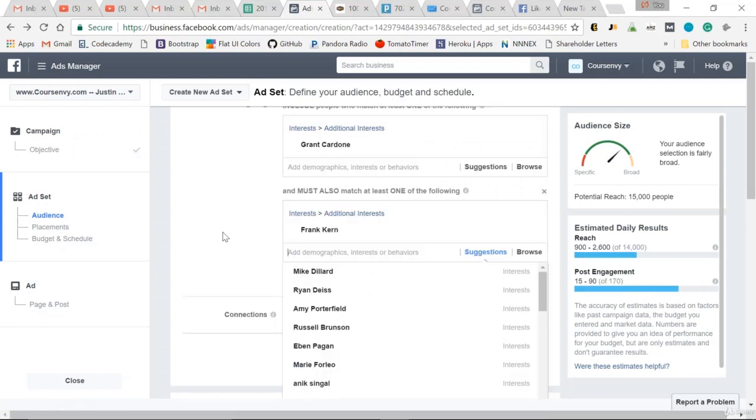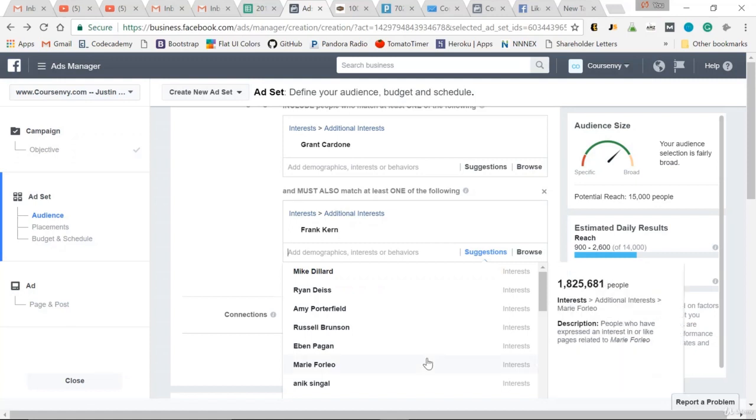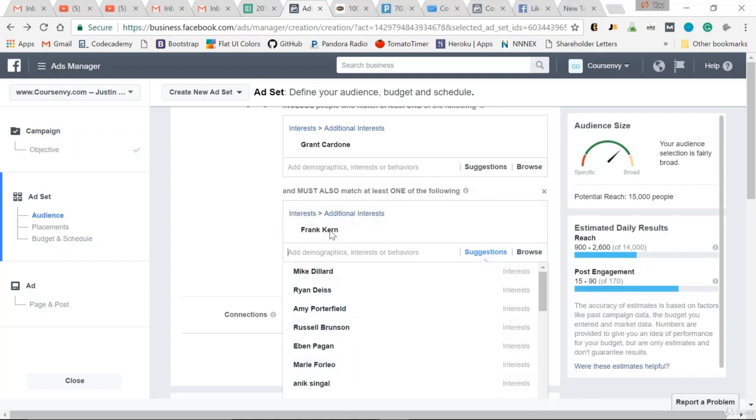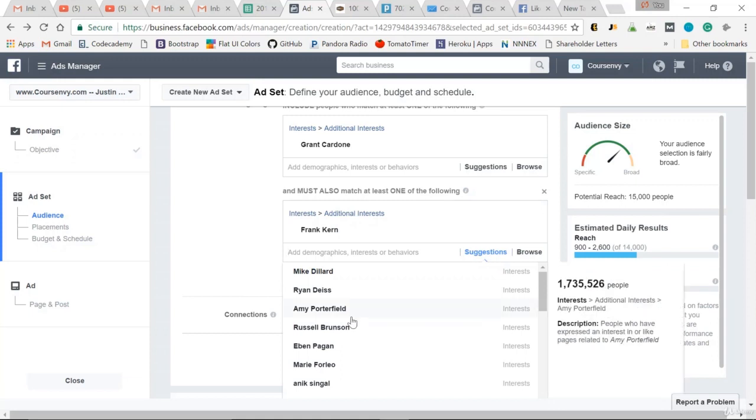Now, as you can see, Facebook gives me more suggestions. Look at Amy Porterfield, huge Facebook person. Marie Forleo, great motivational blogger. So again, if you need inspiration here for different interests, different Facebook pages, go to Facebook and type in a few of these in the search bar to see other similar pages that you can possibly use in your detailed